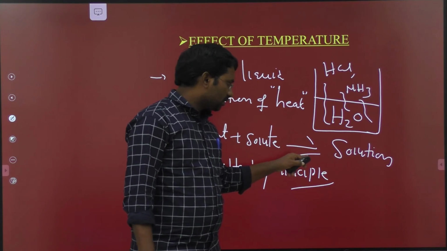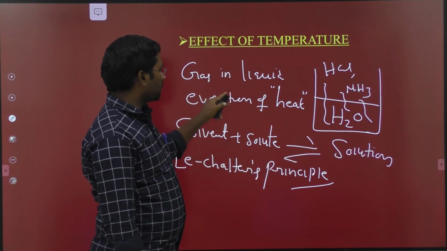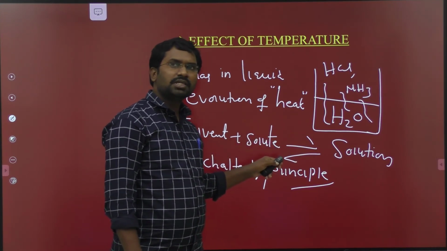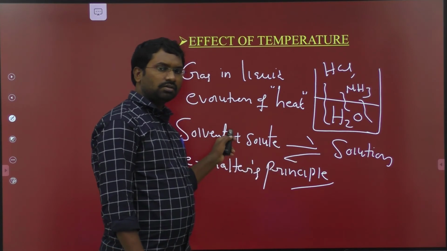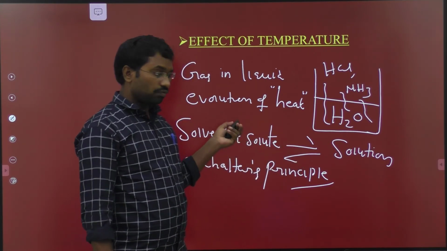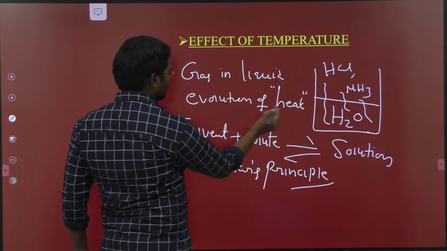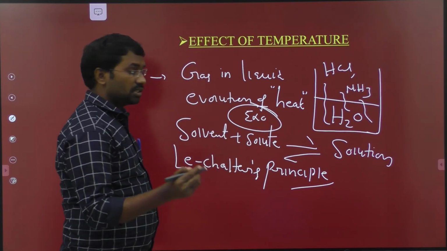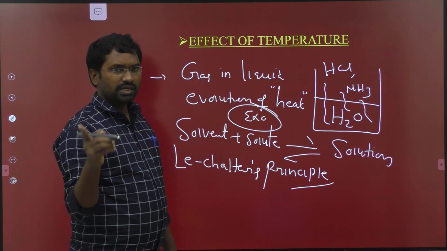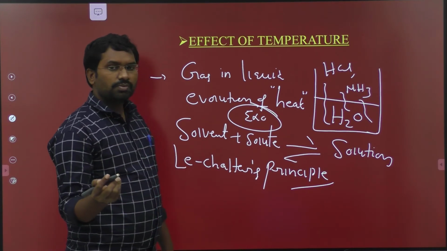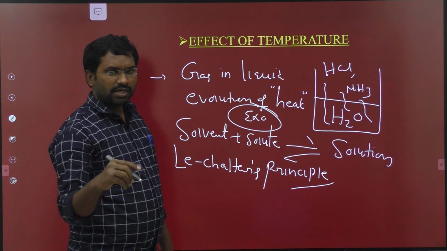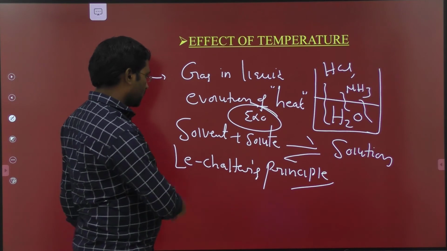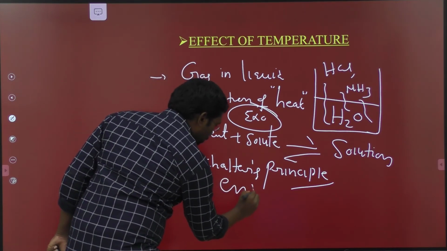the direction, in the first case, gas dissolved in liquid, is the forward direction. According to Le Chatelier's principle, when dynamic equilibrium is established, the reaction progresses in the backward direction. Therefore that is an endothermic reaction. So evolution of heat means an exothermic reaction. Generally, gas dissolved in liquid releases a little bit of heat, which indicates an exothermic reaction. So according to Le Chatelier's principle, at dynamic equilibrium the reaction progresses in both forward and backward sides. Therefore the backward side is an endothermic reaction.